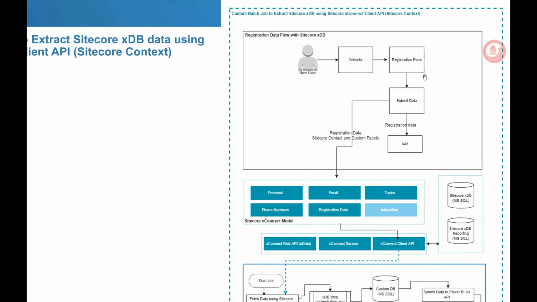You are registering via a registration form and submitting the data. Once you register, you will be setting your user ID and password also. Suppose you have an Okta type of system as an IAM system, so you will send some registration data there also, and that can trigger a user ID and password email to you, and all the PII data and other data which you need to store in Sitecore with the Sitecore contact entity, you can push to